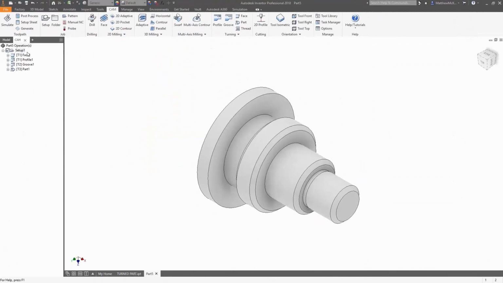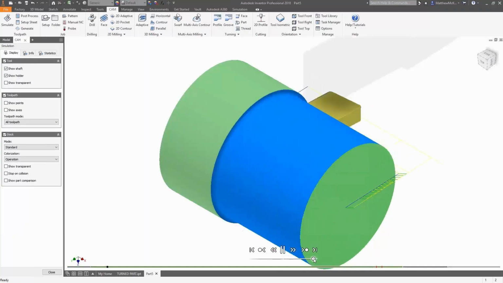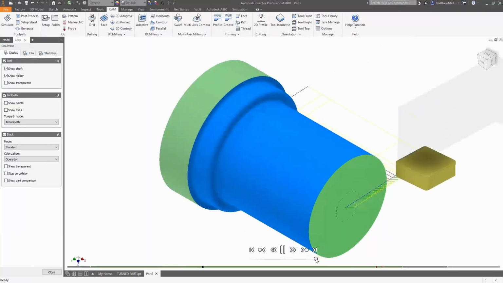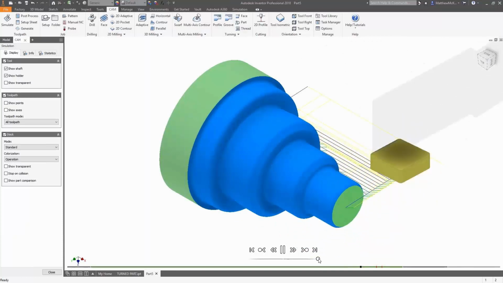Now I've skipped over that process. I wanted to say, well, what happens now? We can simulate and see that we do actually have a process here that will show our part being machined. Now the challenge comes traditionally in that if the supplier of this information to you changes their mind or changes